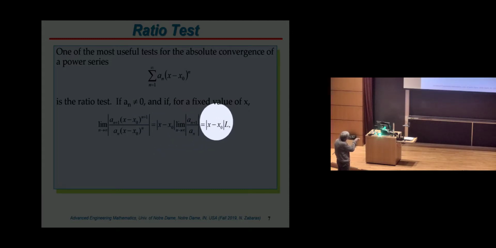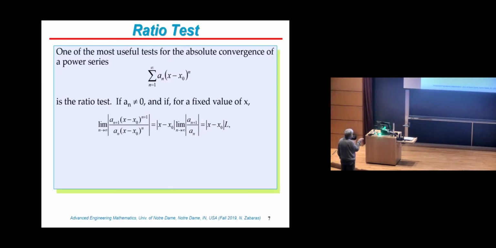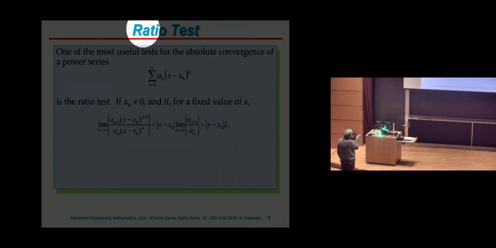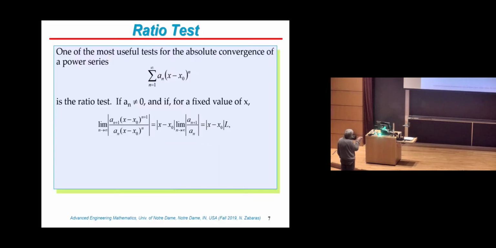I have written this as, if you can see, from x minus x0, you get absolute values of x minus x0. And then you get the limit of this ratio of alpha n plus 1 divided by alpha n that I call here L. I'm assuming that it exists. So effectively, with this ratio test, we will evaluate if this thing grows or not. So can you give me, before I release the rest of the slides, what will be a good criterion for this absolute convergence when you look at this ratio? You would like this ratio to be